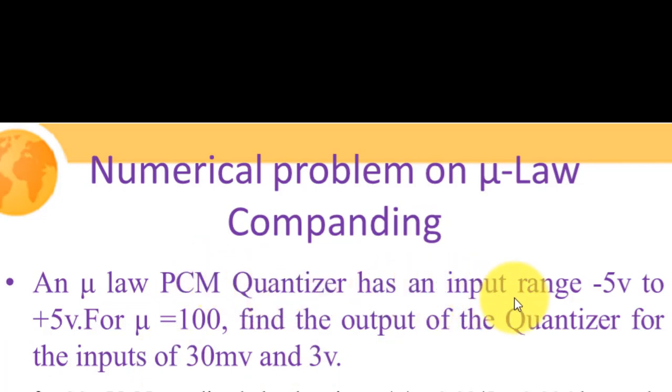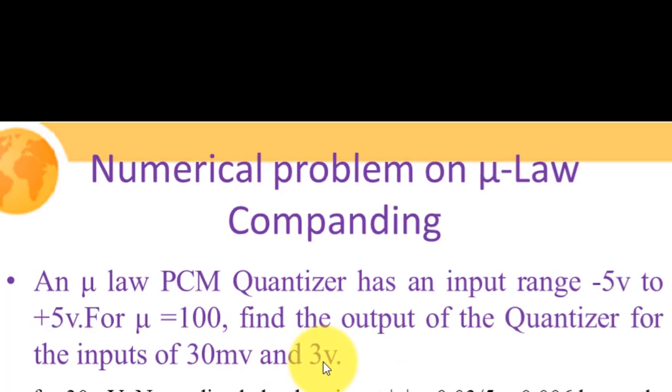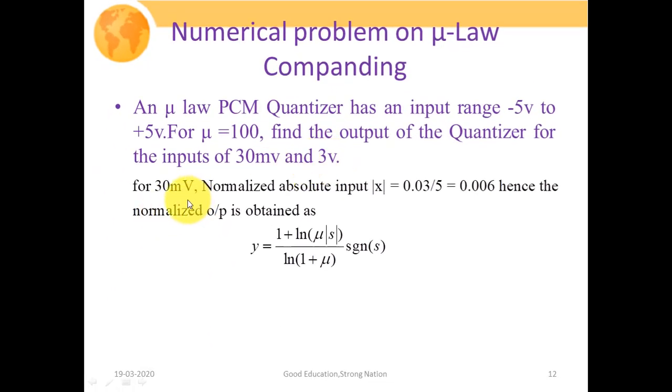Here also the quantizer input range would have been given as -5 volt to +5 volt, and the value of mu would have been given as 100, and we need to find out the value of the quantizer output for the inputs 30 millivolt and 3 volts. So for 30 millivolt, normalized absolute input would have been calculated as the value of the input signal divided by the maximum value of the compressor input range, that turns out to be 0.006,